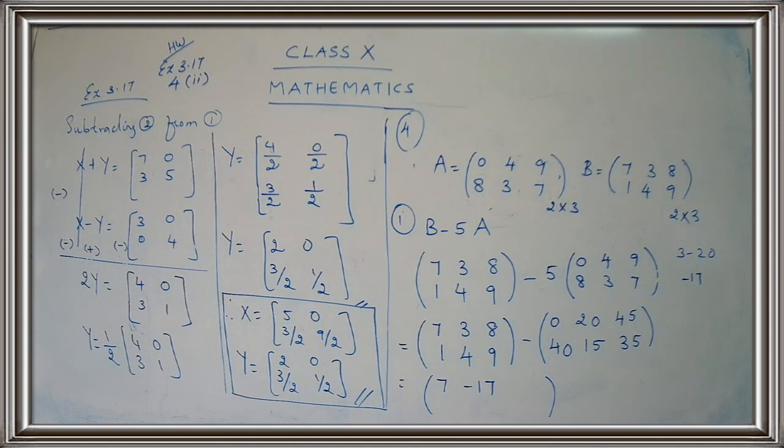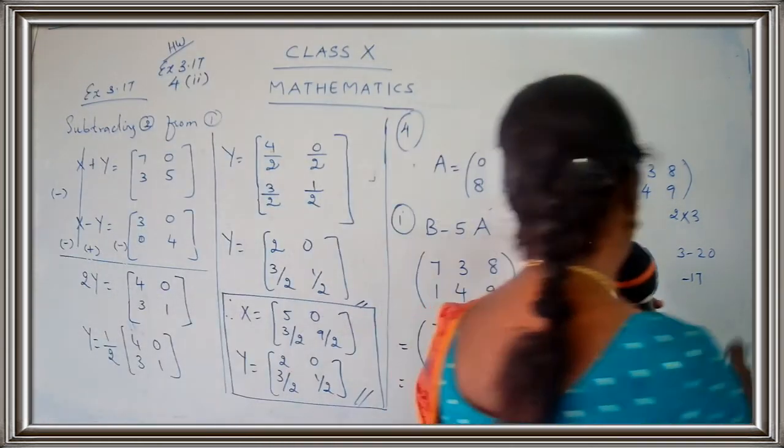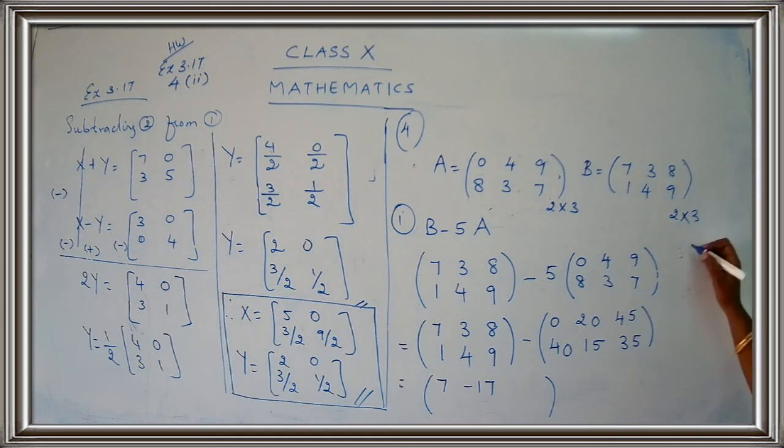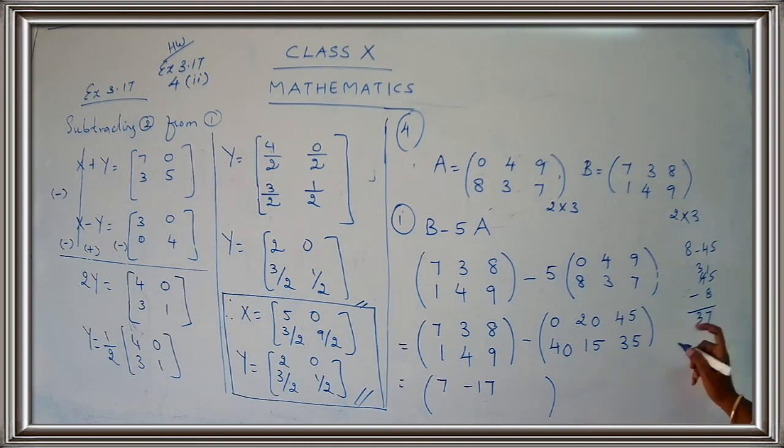Have you completed children? Just be careful with the sign. When you do the subtraction, you have to be careful with the sign. So 8 minus 45. What is 8 minus 45? 45 minus 8. So 8 minus 45, yes. So we have to do subtraction. So 45 minus 8. 15 minus 8, 7. So 37, yes children. Sign of the bigger number is minus. You have plus minus. So minus is for the bigger number. So the answer is minus 37.